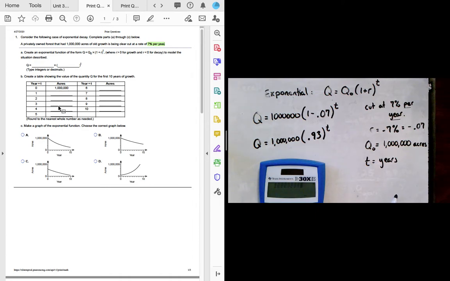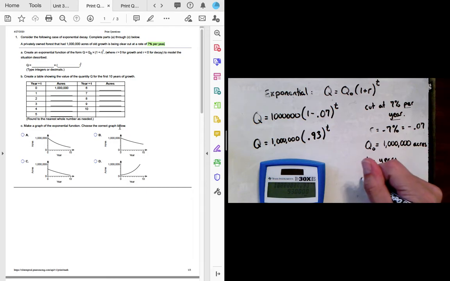I multiply that by 0.93, and then I want to raise it to whatever power I'm looking at over there in years. I want to fill out all this chart actually from 1 to 10, so you'll have to do these calculations on your own. It tells you to round to the nearest whole number, so be aware of all that. Looks like in the first one, I got